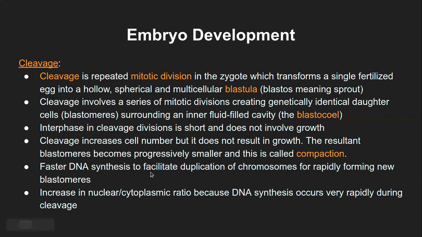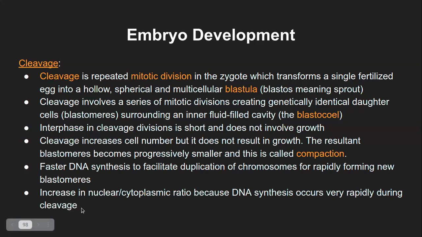Now, why does it happen super fast? Obviously, the cell machineries are coded by those cells within the zygote, and there are certain genes which express first and certain genes which express later, and so on. So the genes which express first will cause this DNA synthesis to become a little more rapid than the normal process, increasing the nuclear to cytoplasmic ratio.